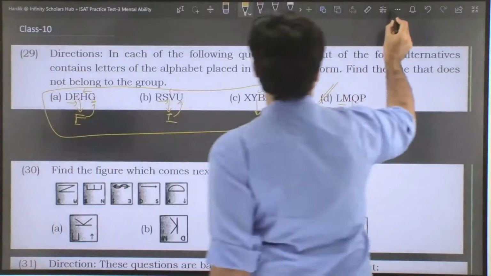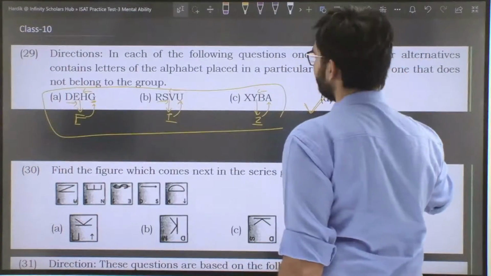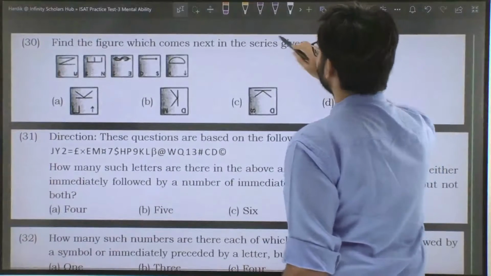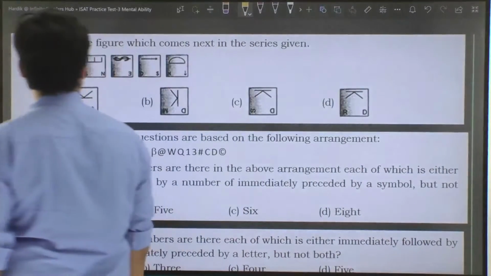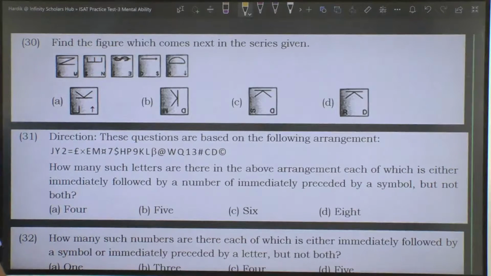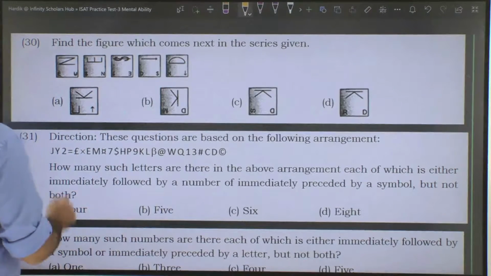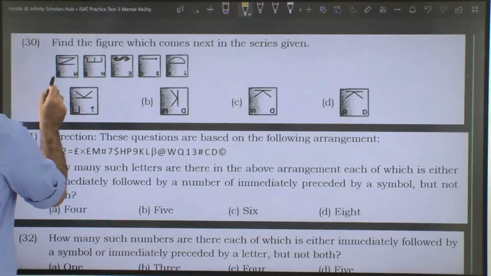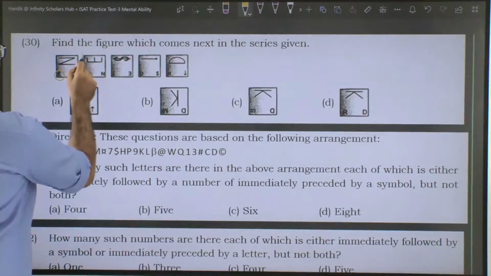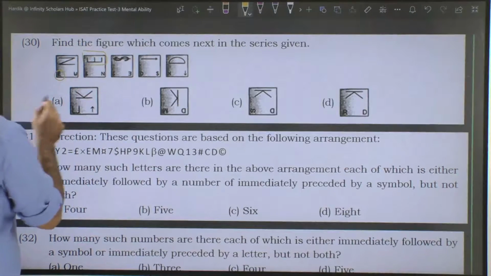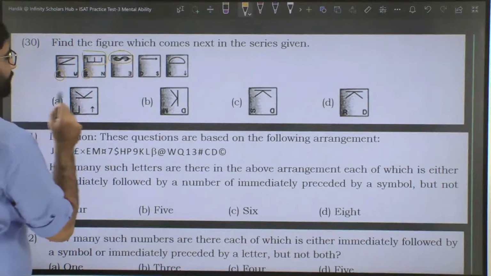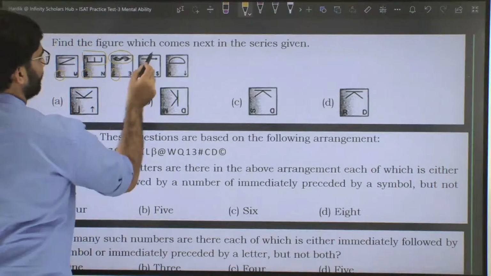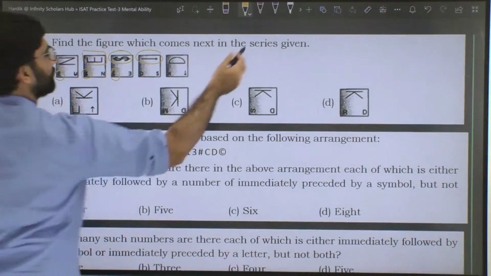Now let's see the question number 30. Okay, so in this question, by looking at the pattern, one thing I can make out is whatever alphabet is over there, the alphabet over here is going at the top in the next figure, right? So there is a dollar sign over here, it is going over here in this next figure. There was an arrow sign over here, it is going over there. Okay, so this is the pattern.